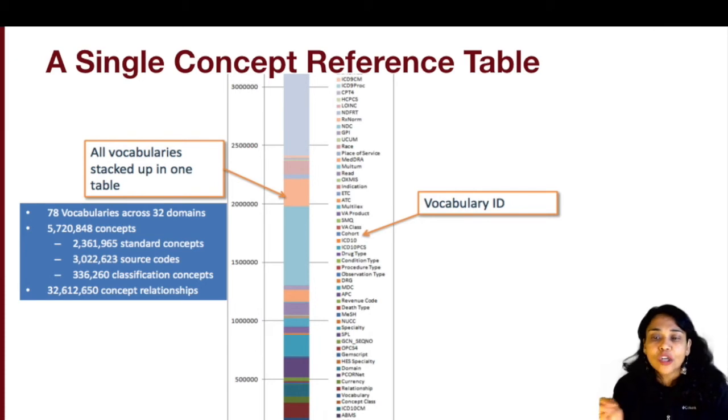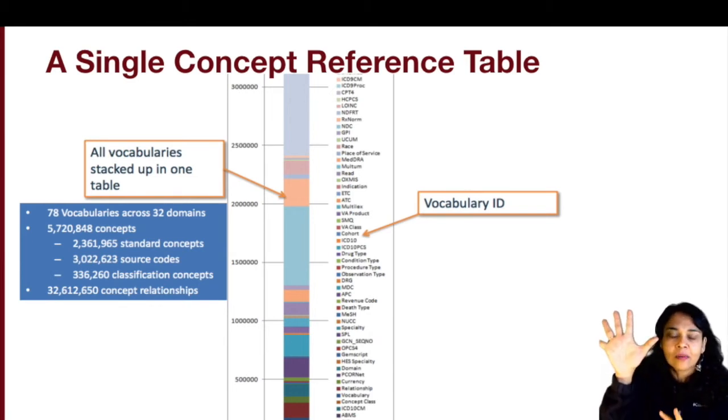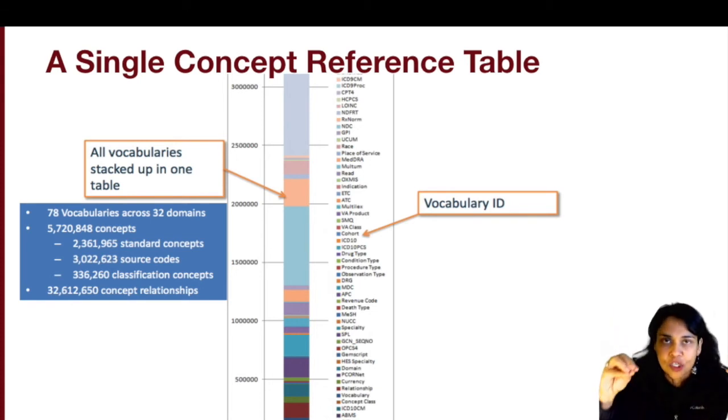But only the SNOMED concept is considered to be a standard and represents the condition in the data. So, for example, in the condition domain,